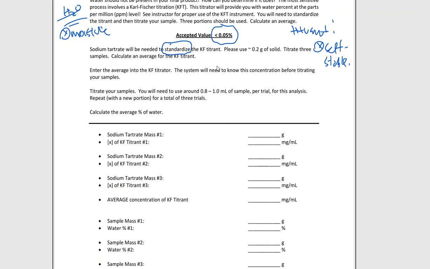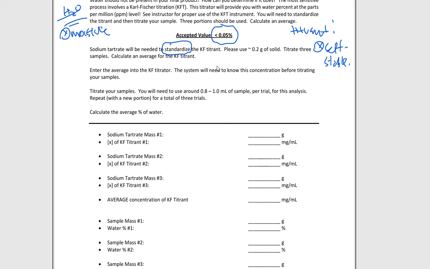So make sure that you're operating under the right method, and if you need help with that, of course, come and get me or come and get someone else that's helping out in the lab. Doesn't really matter. We're there to help you and to double check, especially when these types of things are concerned. So the sample is going to get titrated, and on the computer screen, you are going to see a